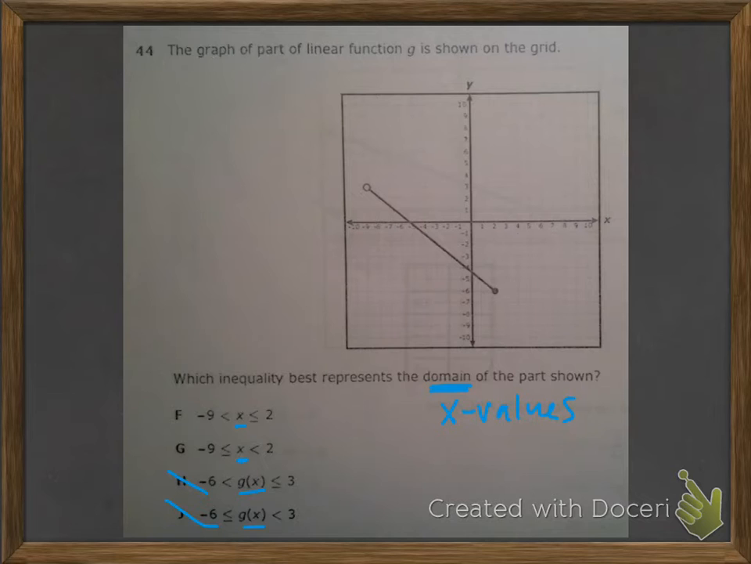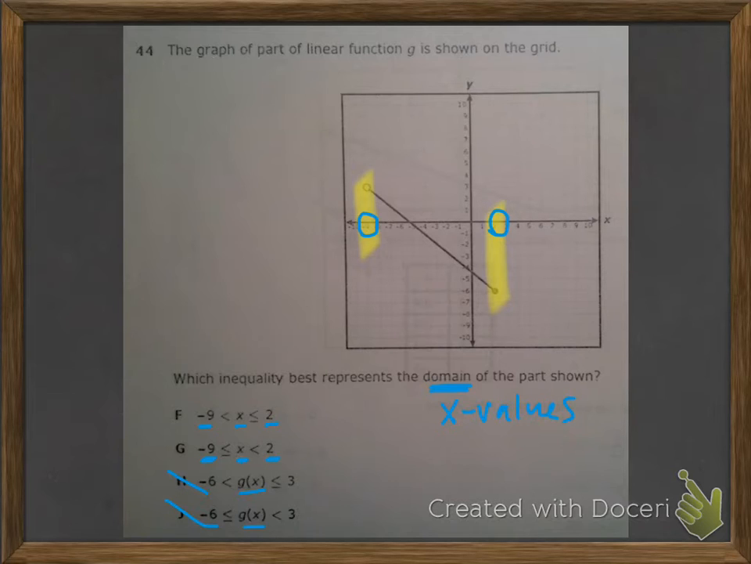Remember, domain goes from the far left part of our graph to the far right part of our graph. So the far left part of our graph has an x value of -9, and the far right has an x value of +2. I can see both of those numbers on both of those answer choices. The big difference here are the